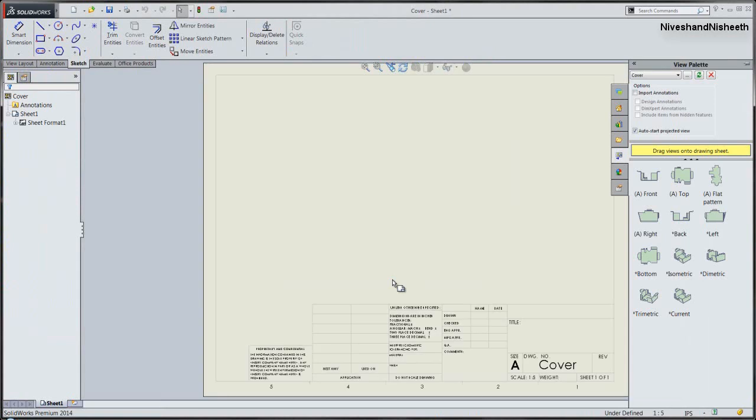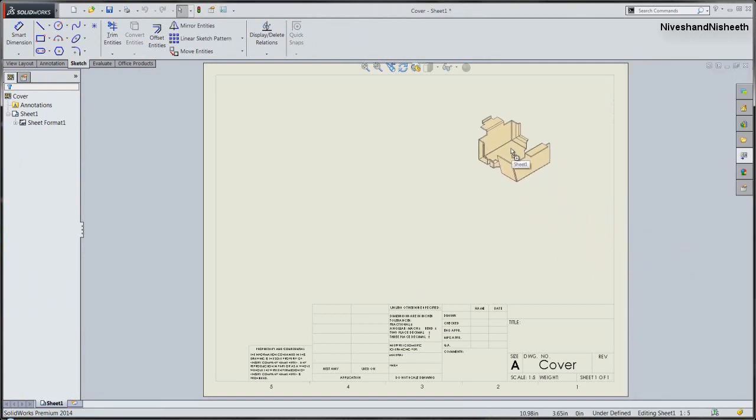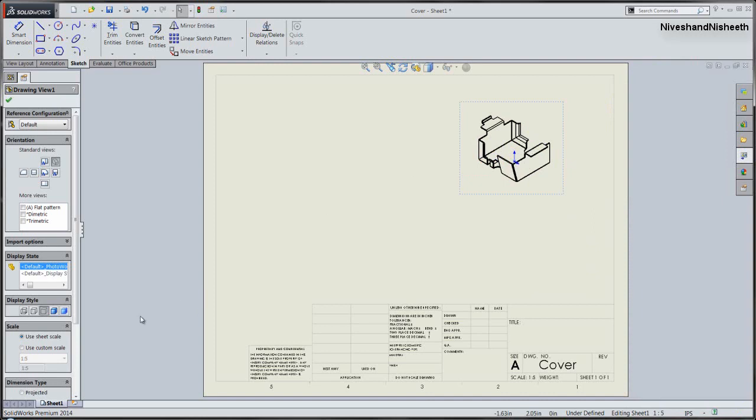Now we will choose the isometric tool from the View Palette dialog box and place the isometric view of the cover in a drawing sheet. Okay, alright. Now we will select the Use Custom Scale option, and set the drawing scale value 1:3 and click OK. Now see.